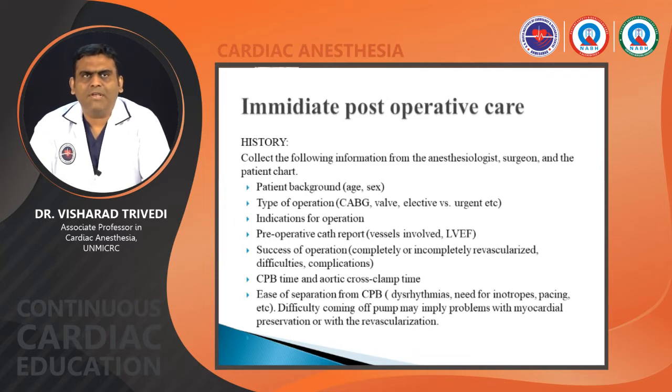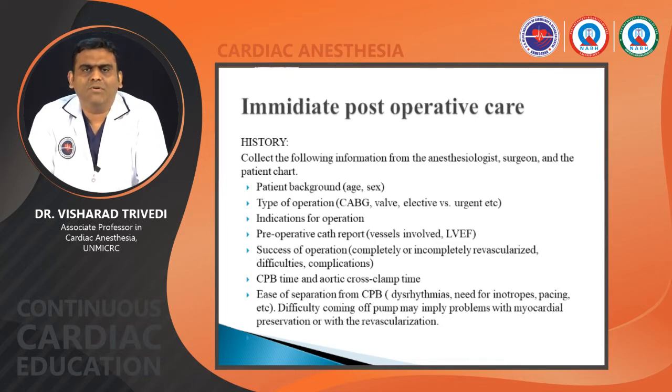In the immediate post-operative care, the most important thing is you have to take a proper history, which in our language is known as a handover, given to the post-operative anesthetist from the intraoperative anesthetist. The most important points of history are the patient's background, type of operation, indications for that operation, pre-operative cath report if they have done an angio, success of operation, meaning whether the repair has been successfully done or not, how much regurgitation or anything is left after the repair surgery, CPB time, aortic cross clamp time, ease of separation